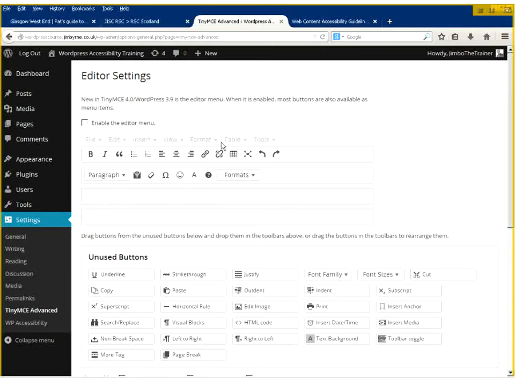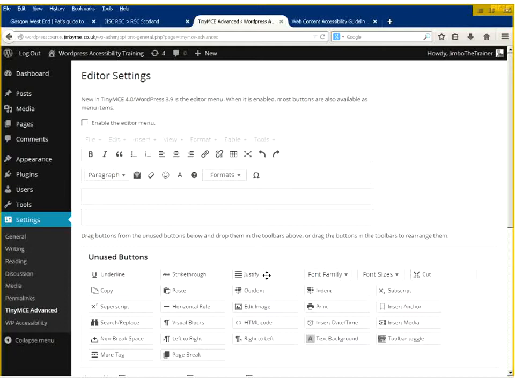So some of the things that I removed from this, and you remove things just by dragging them, so you can just click and drag, move that over there. What was that I did? Was that a character map? Put that back. Okay, so some of the things I removed, I removed Justify.